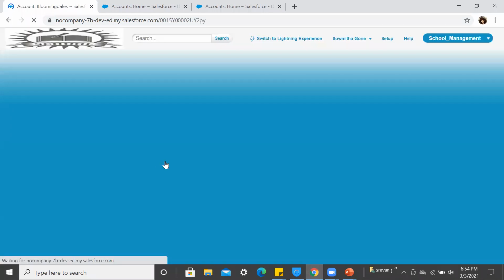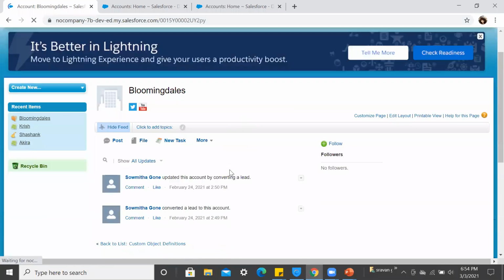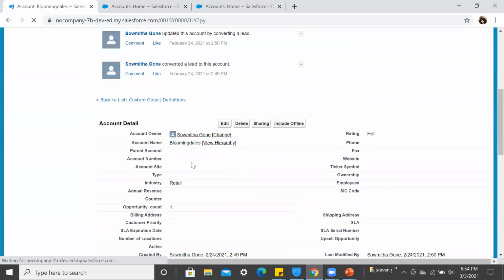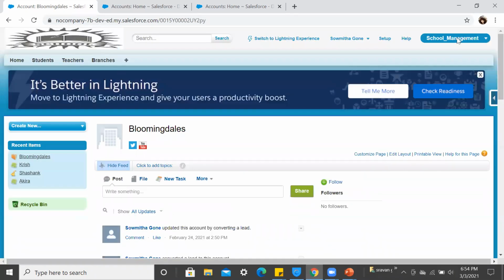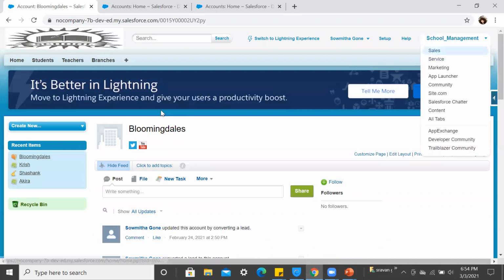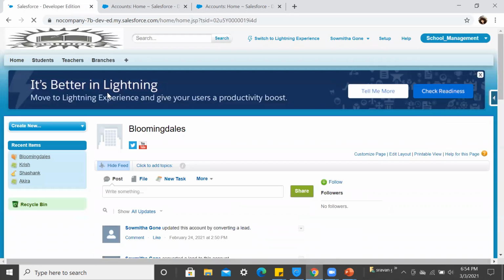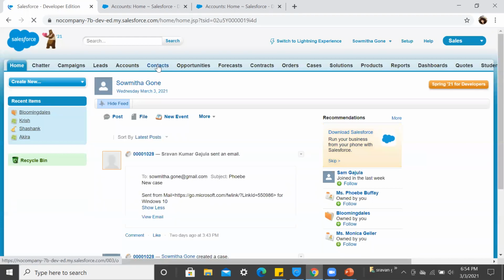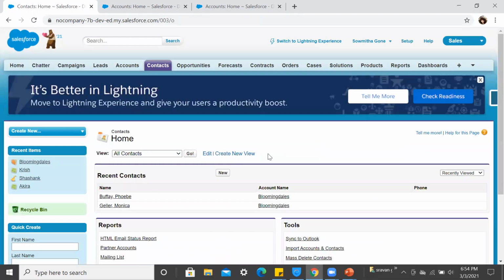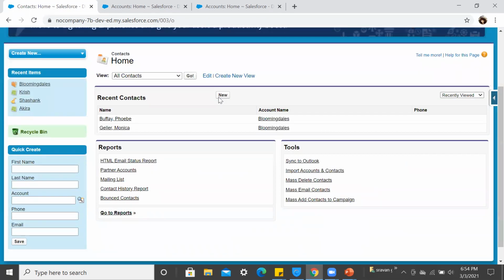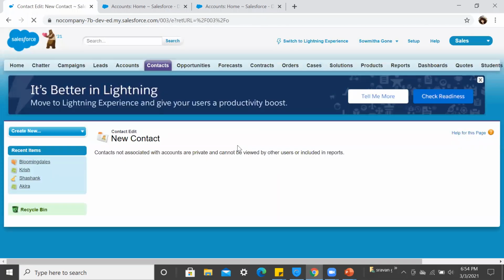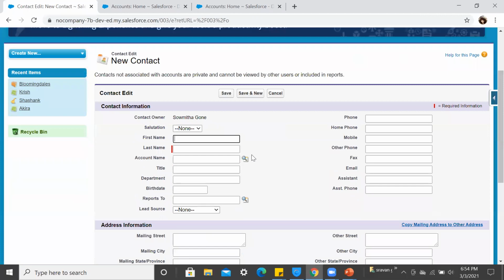So first go to contact. Go to the contact, click on the new button. First we'll see what is the relationship between contact and account.